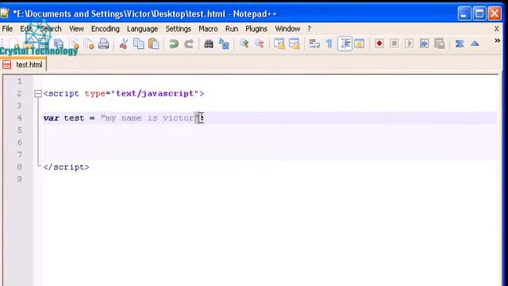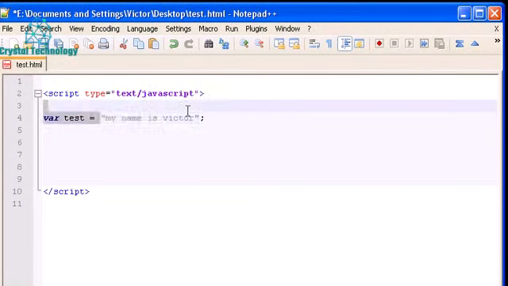You have to type that between double quotes. Remember that whenever you type any text, you have to type it between double quotes, and end it. Let's end this with a semicolon. Remember I told you every time you type a line of code in JavaScript, end it with a semicolon. Don't forget that. So var test, the variable test will have this content here,